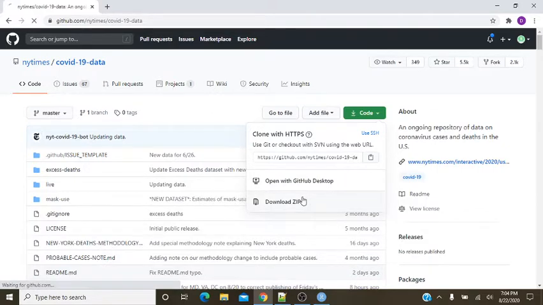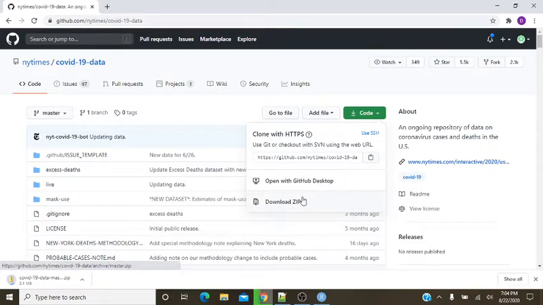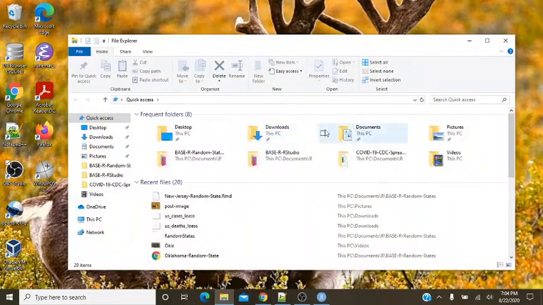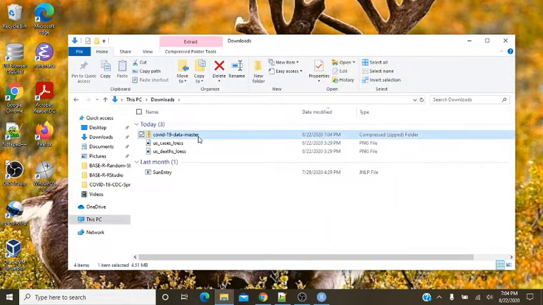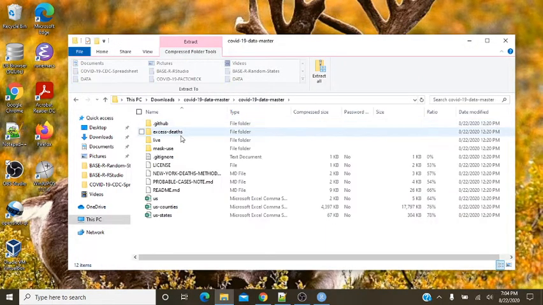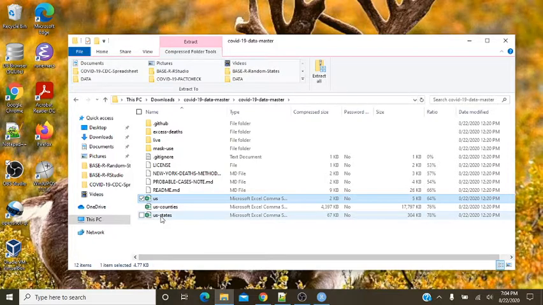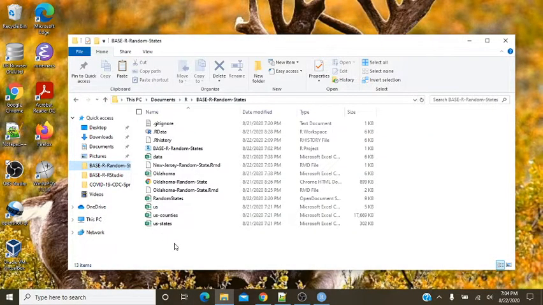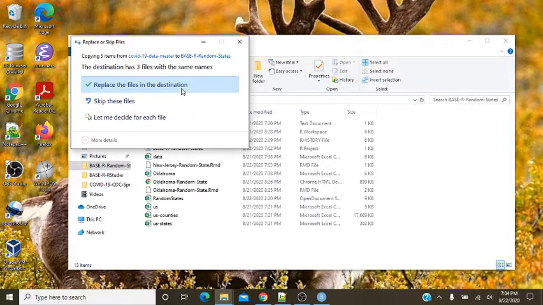Download zip. And we're just going to update the data here today.